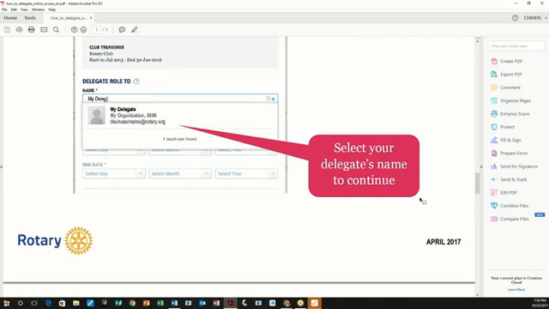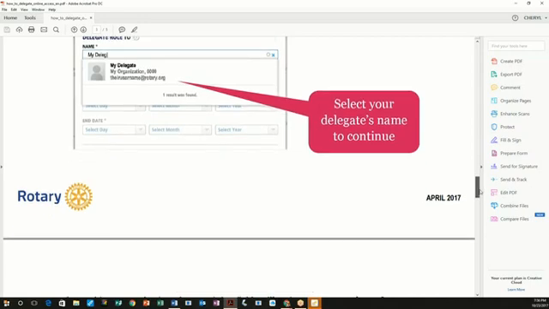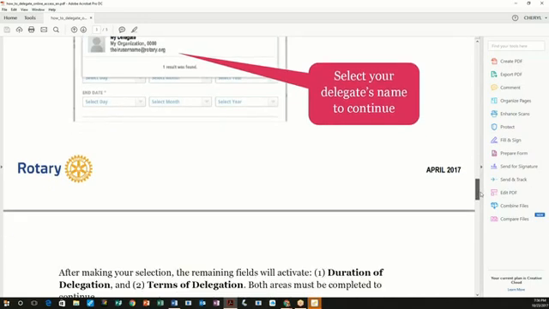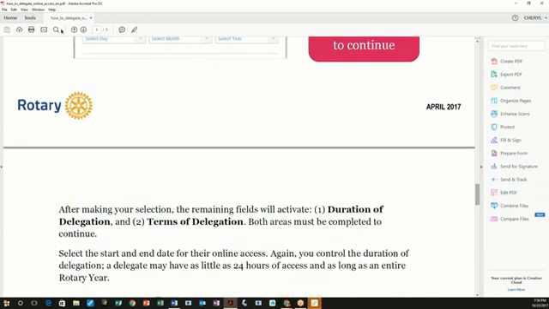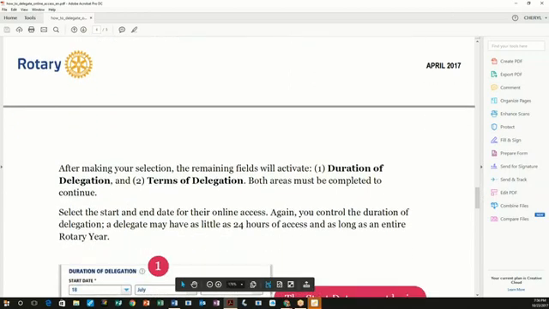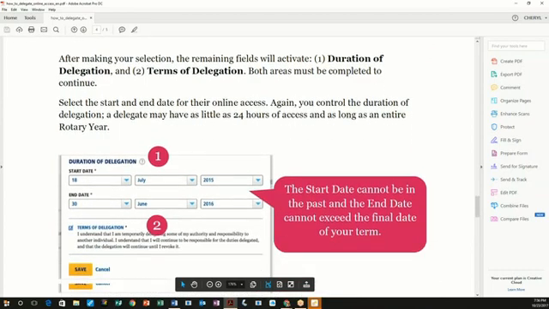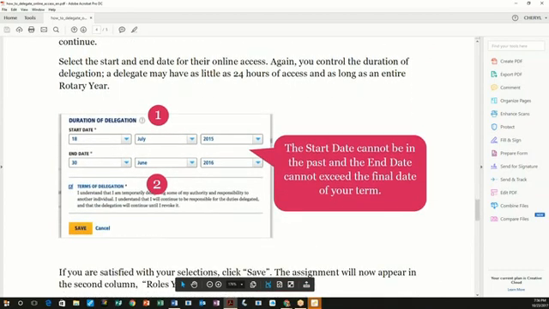Please take a couple minutes just to review that document. It is a little lengthy, but it not only explains how to do it, but why you would want to, but also why you would want to be cautious of who you select. You can choose to delegate to somebody for as little as 24 hours and then up to 365 days, or the end of your term as officer, whichever one comes first. But say, for instance, if your secretary was to delegate to somebody, that person would have the capability of going in and accidentally deleting everybody from your club roster or adding people in that maybe weren't quite ready to be members yet.